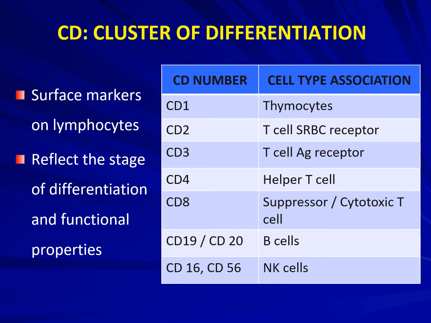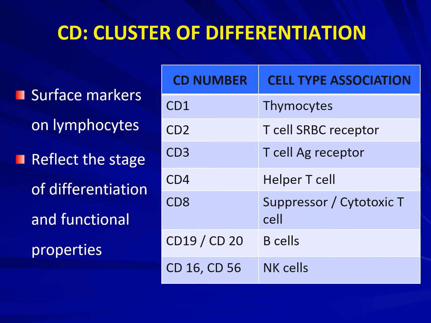Either it can be 1, 2, 3 or any kind of a number based on the type of cell. So as and when there is a maturation process taking place, each of those cells has a different surface marker and based on that there is a different number. That is why it is called a cluster of differentiation. So let's see what are the different CD numbers and the cell type association.